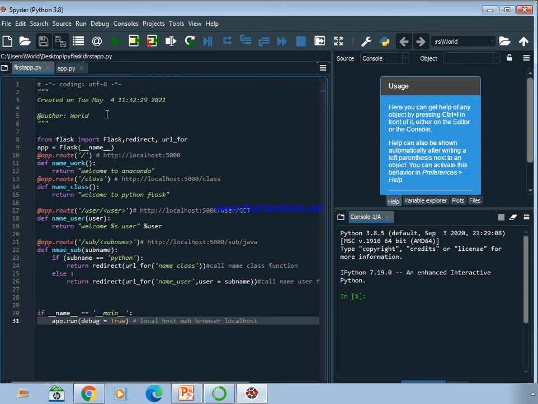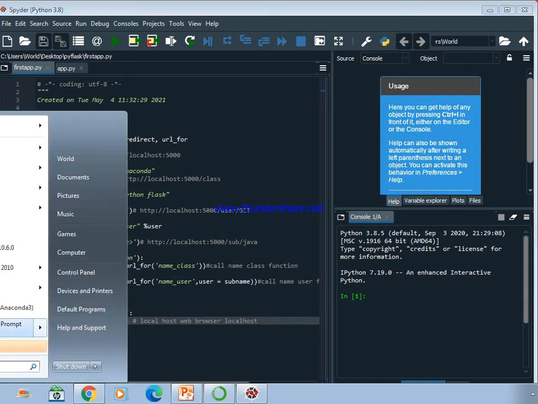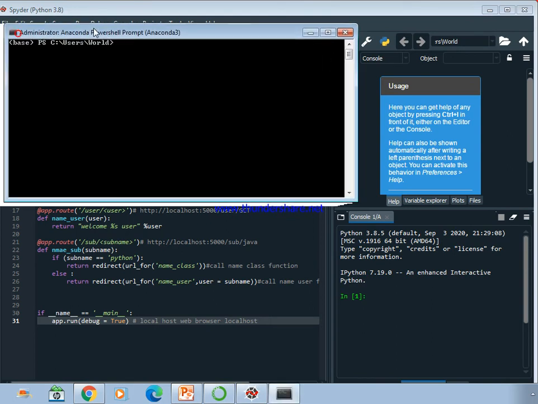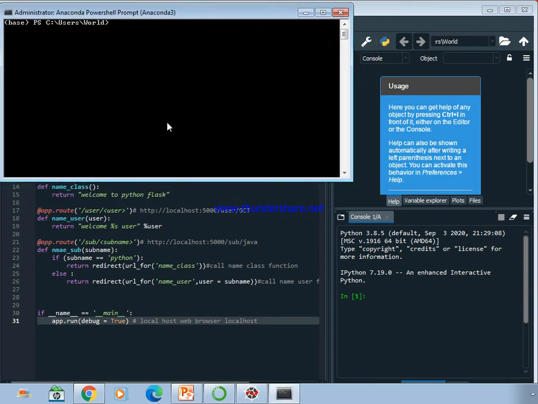So now I have written all those things, and I am going to open PowerShell of Anaconda. So PowerShell is opened, and I am going to go to my directory where the file is available.